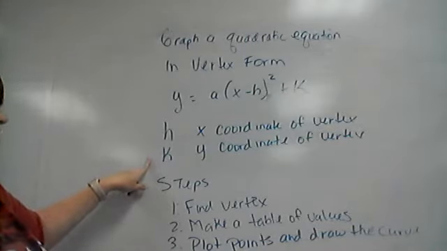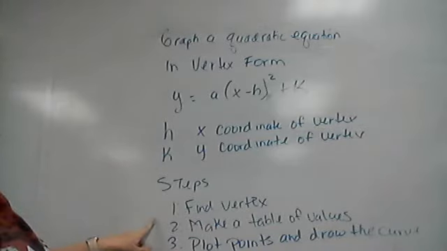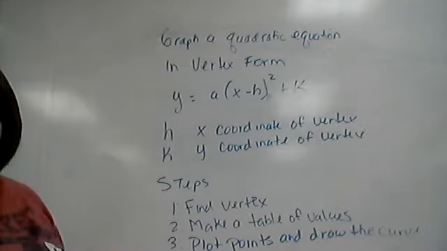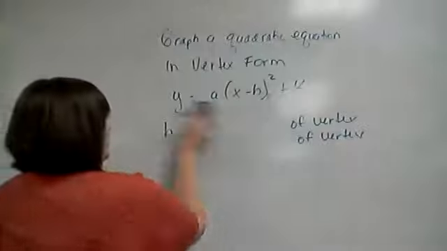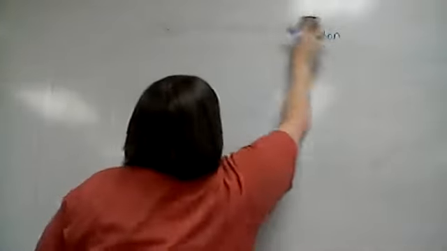And our steps are the same as graphing in standard form. We're going to find the vertex, make a table of values, and plot the points and the curve. You have to make sure you remember to take the opposite sign of h. Okay, so we're going to graph